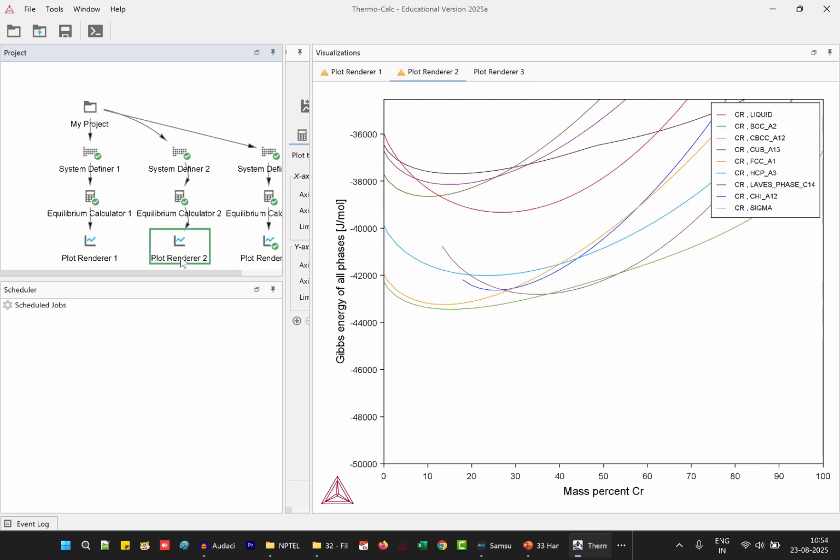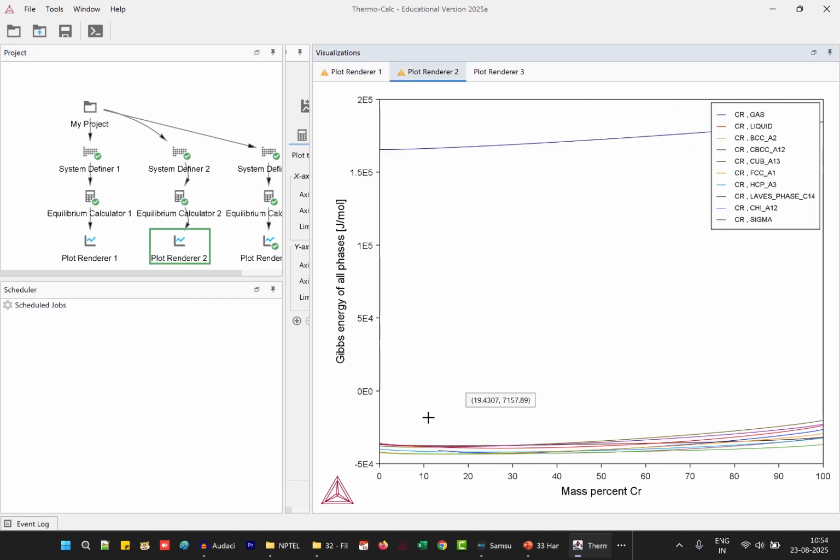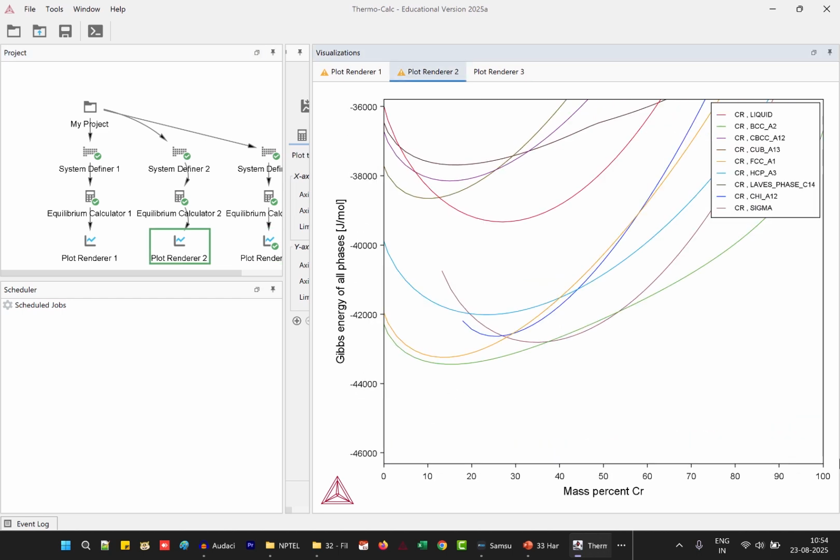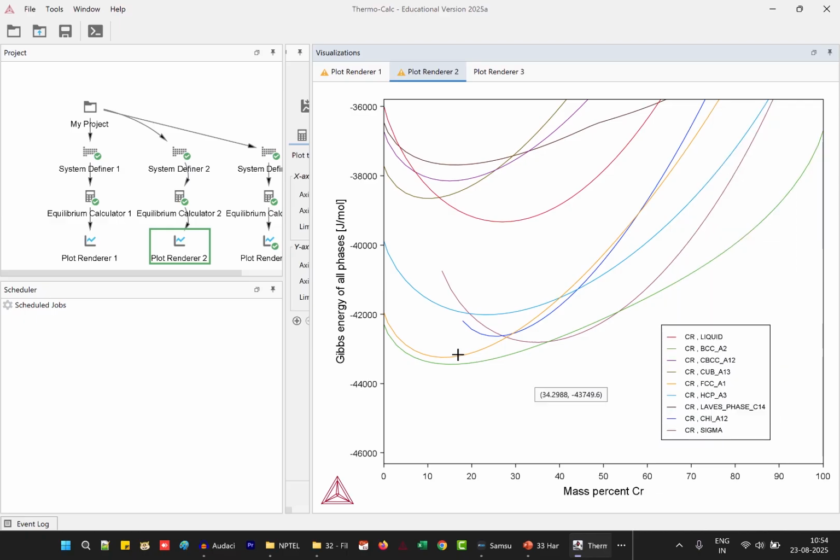So now what we will do is, you can see these curves are starting from somewhere and going somewhere here. It's not looking like a nice curve starting from two equal points. If they are starting from two equal points, we can say this is entirely Gibbs energy of mixing, because we can put a horizontal line between the two points and call it the reference energy level. From there, how much we get down, that is the mixing Gibbs energy, right? We can see that in the diagram, provided both the points are starting from 0, 0.